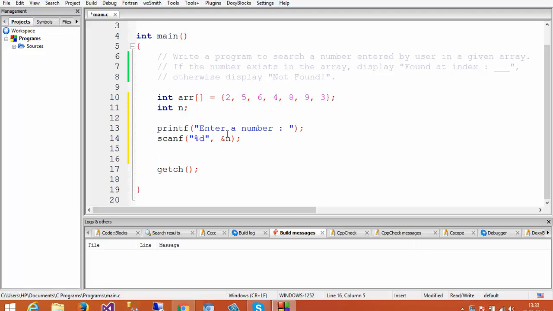So if we find the element in the array, then we need to display "found at index" followed by the index number. If we do not find the number in the array, then what we need to display is "not found", right? So for that, what we would do is write a for loop,